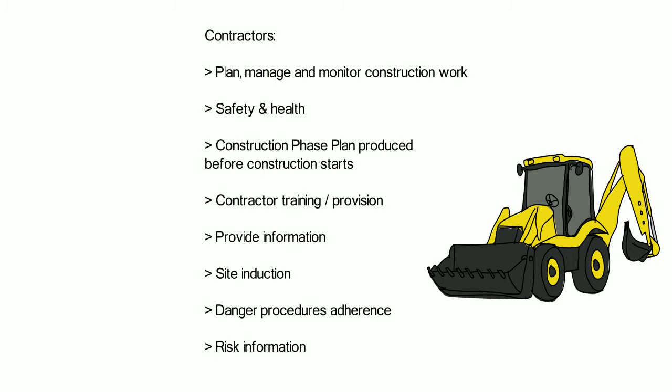The contractor must ensure procedures on site are followed in the event of any serious and imminent danger to health and safety, and risk information needs to be provided in matters identified by any risk assessments that have been carried out. In regard to training, it is the duty of the contractor to provide employees with any health and safety training that is required, and a contractor must not commence work in relation to any project unless they are completely satisfied that the client is aware of their duties, and this would need to be recorded.